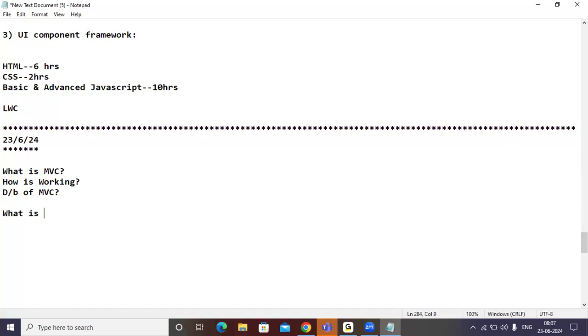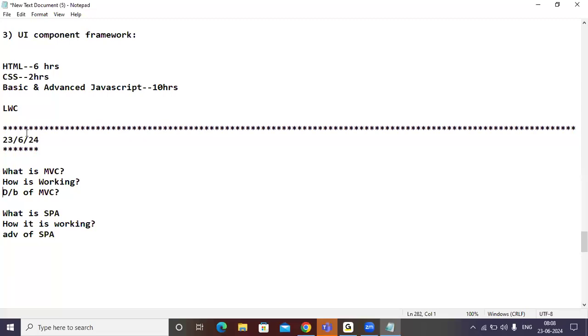Then after, what is single page application, how it is working, advantages of single page application. So these are the points in the last class we discussed. Yes or no?